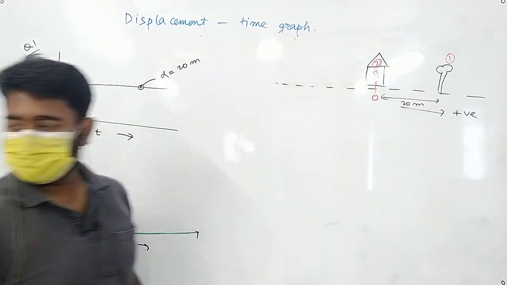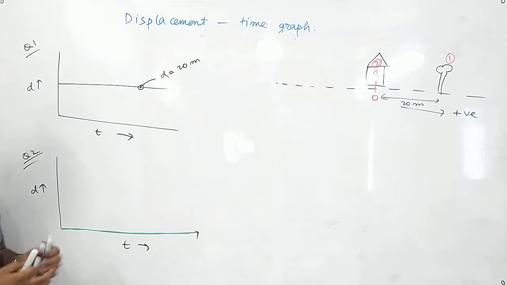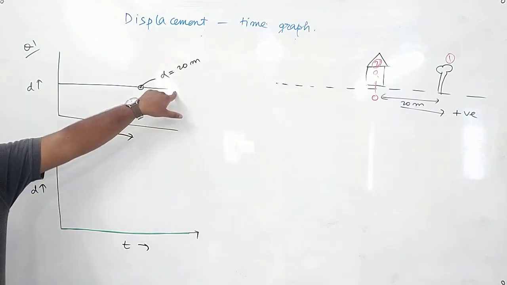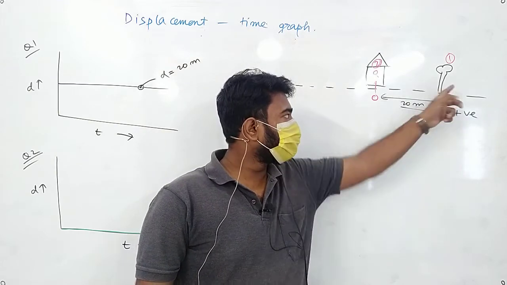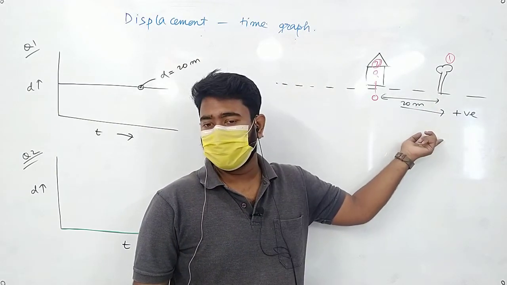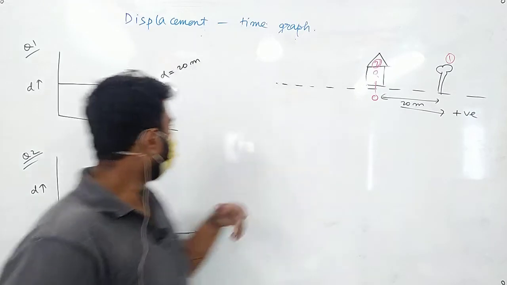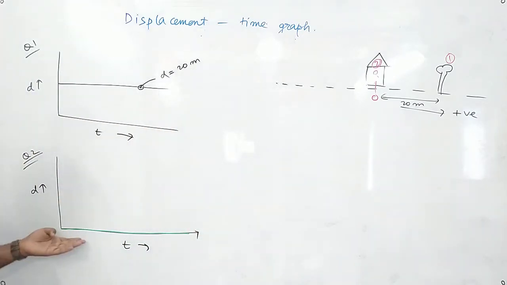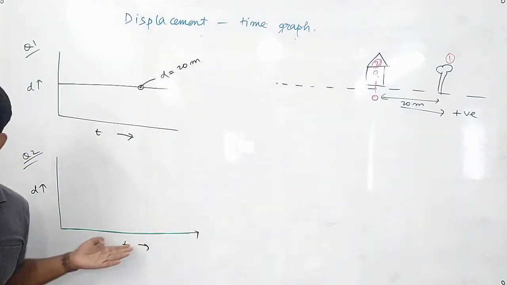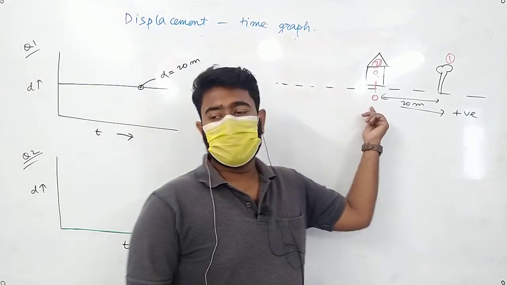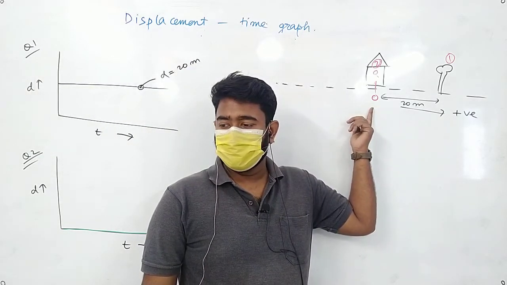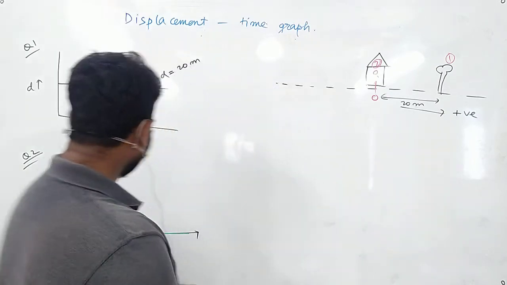Is the idea clear? When he is seeing 20 meter, that means he is at a distance from the object of 20 meter. Is that clear? When he is seeing the line is on the time axis, what does it mean? It means that he is at the origin. Is that clear?